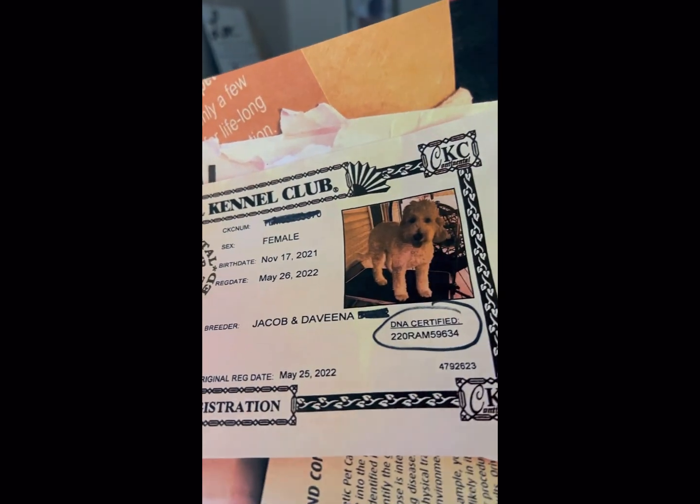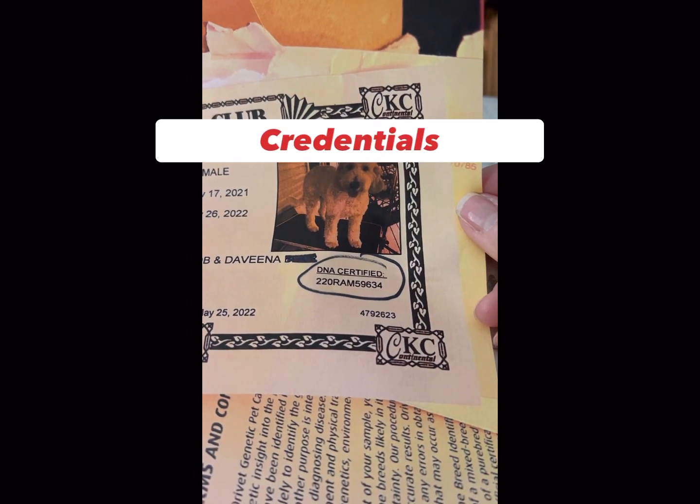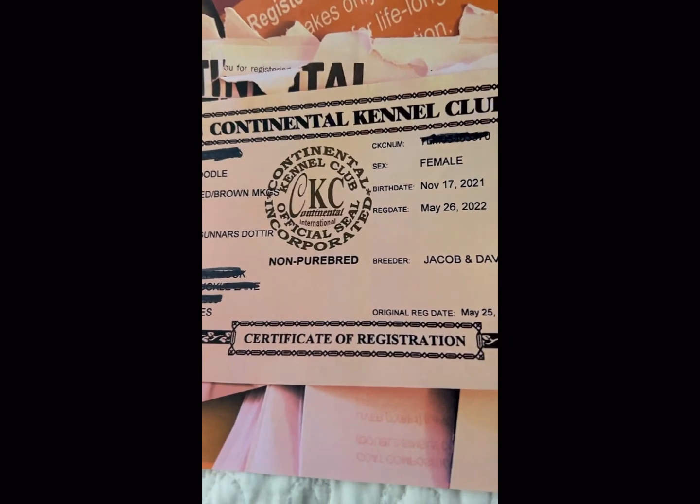It's not that expensive. I think it was then $25 a piece if I wanted to have an additional card put with it, for your wallet. And I just wanted that so I could carry my girls' proof that they were CKC, because you get too many doodle haters that don't want to believe you, or you get people that say, oh, if you ever breed those two, I want a puppy, and then you can show them that they are non-purebred, certified Kennel Club, Continental Kennel Club